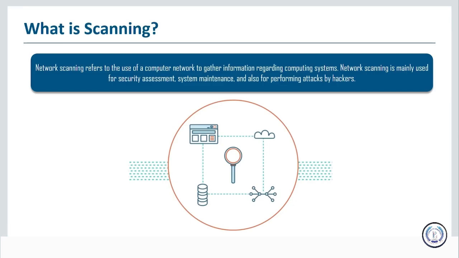Now, network scanning consists of network port scanning as well as vulnerability scanning. Network port scanning refers to the method of sending data packets via the network to a computer system's specified service port. This is to identify the available network services on that particular system. This procedure is effective for troubleshooting system issues or for tightening the system security.